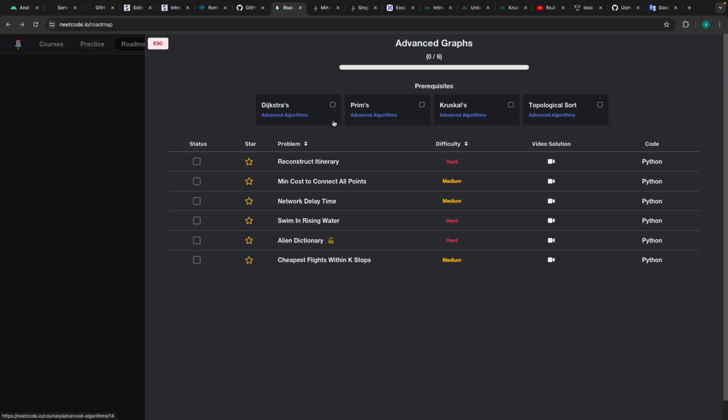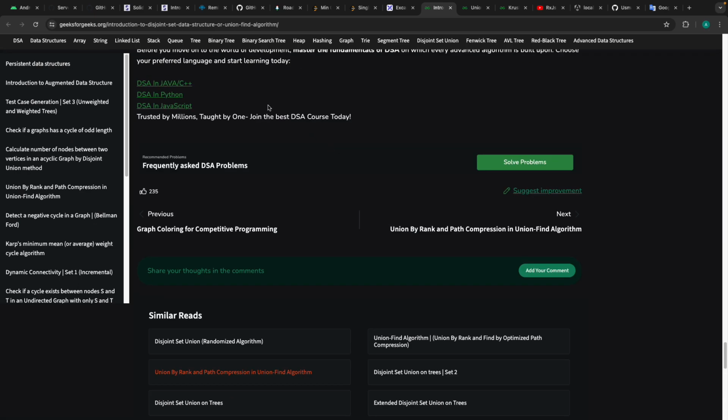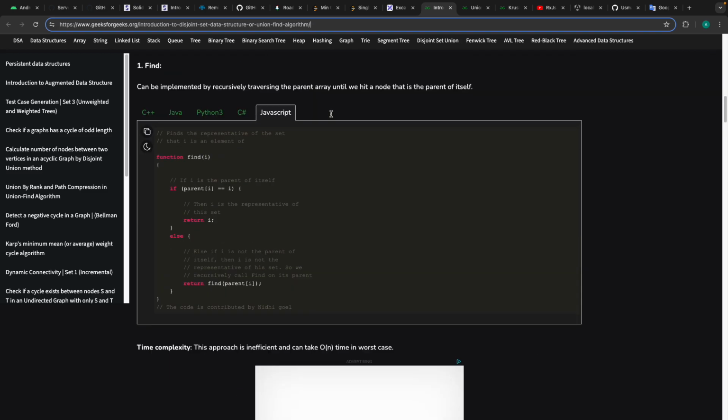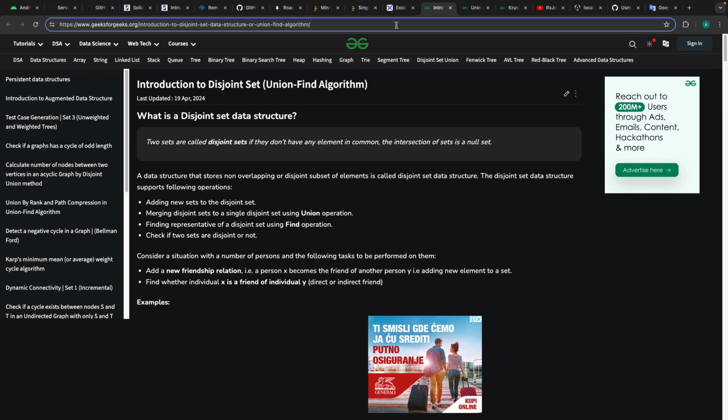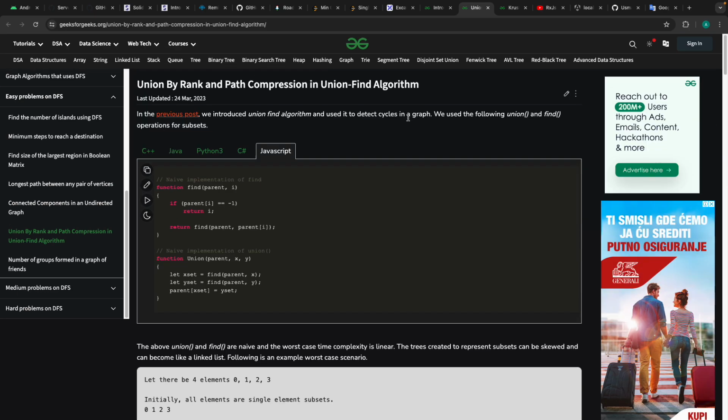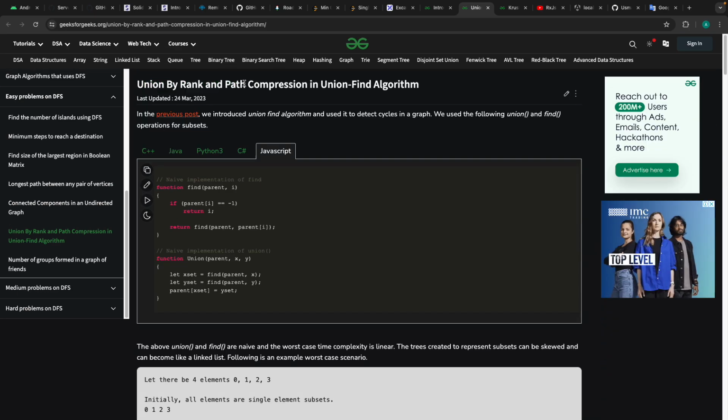I learned, I read about Dijkstra's algorithm, what Prim's and Kruskal's are. Also, there were connected topics like the Union Find algorithm, and union by rank, and also union by size